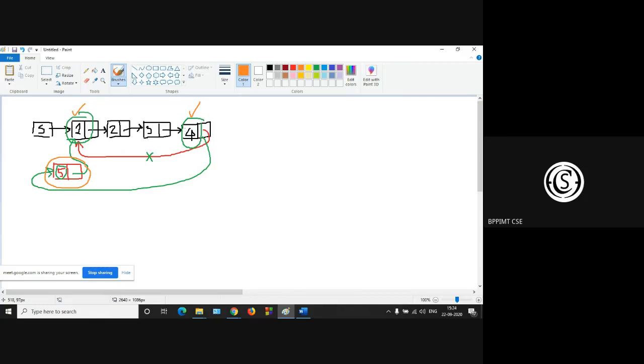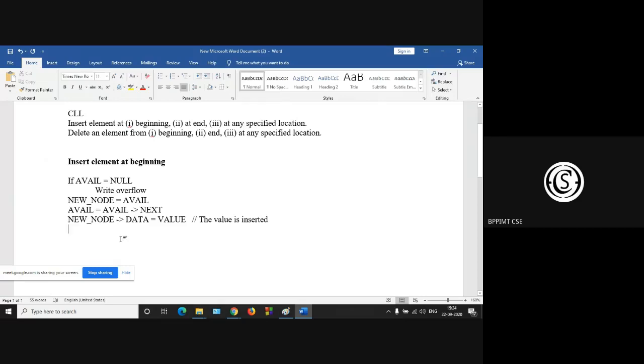Because this is a circular linked list. So you have to create this connection 5 to 1 and 4 to 5. So first of all, you have to traverse the linked list starting from the head node to the last node so that you can get the last node. Okay. So here initialize ptr with start.